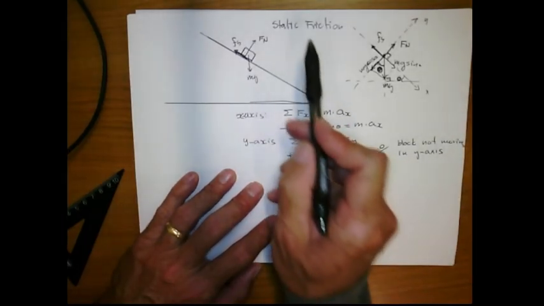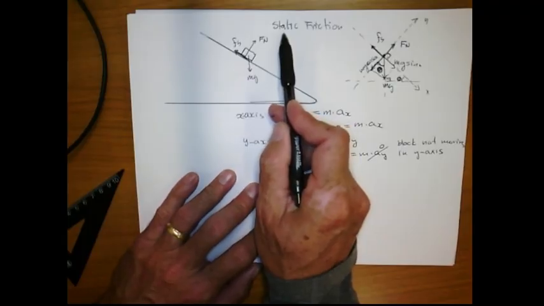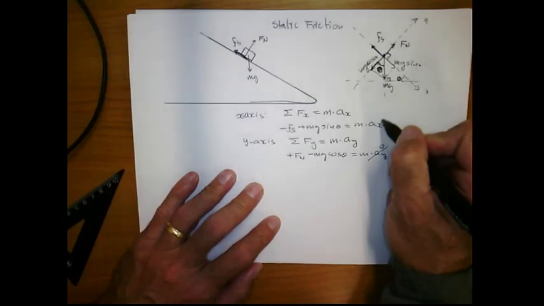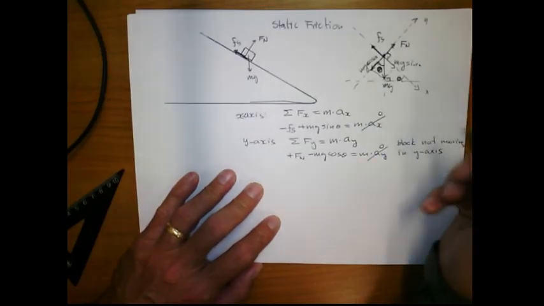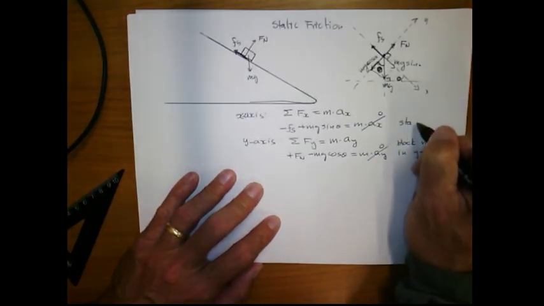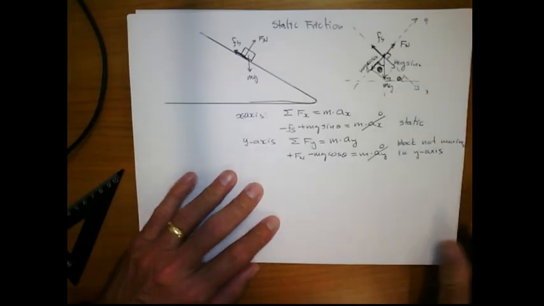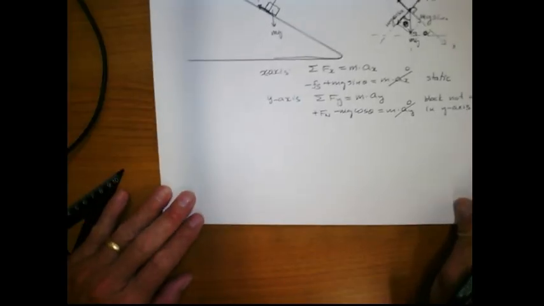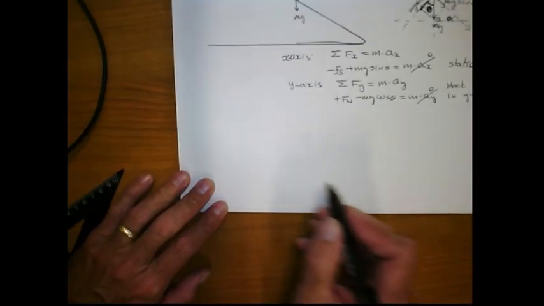However, because we are doing a static friction, the object is not moving in the x-axis because it's static. So now these two equations become